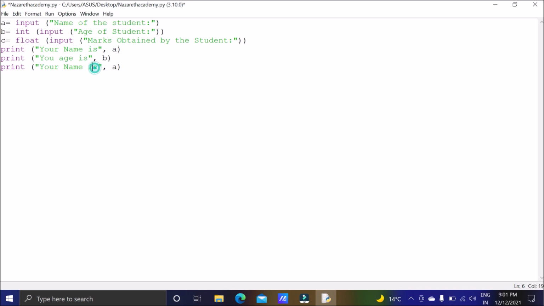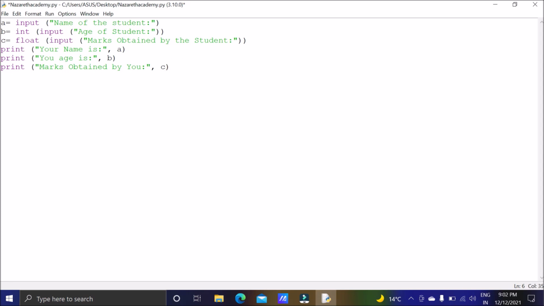Again in c I have asked for the marks, so marks obtained by you, this is my message. Marks are getting saved in c, so I will go for c.